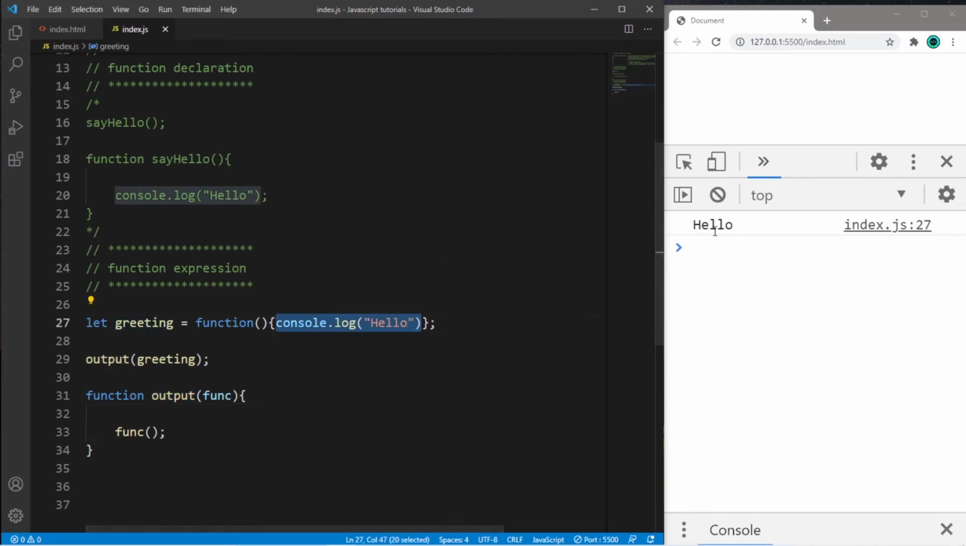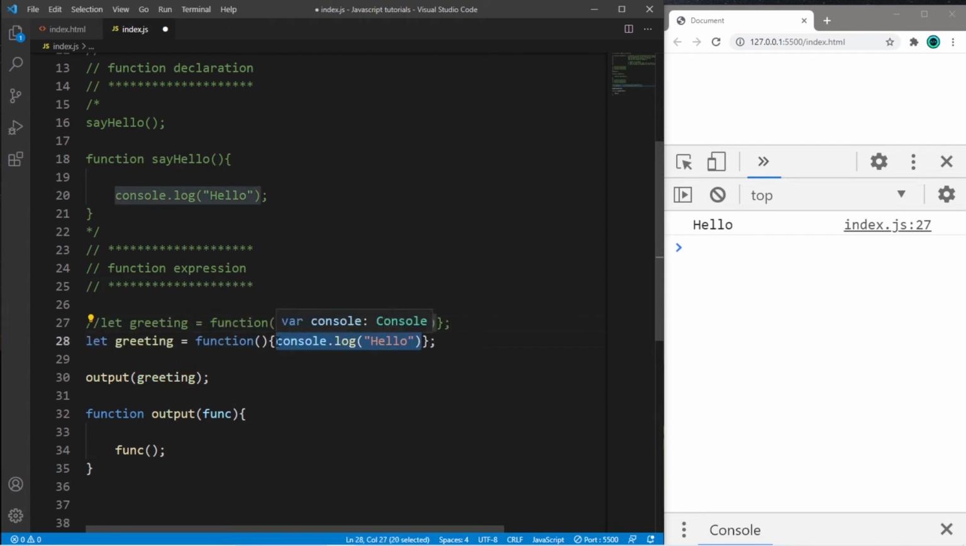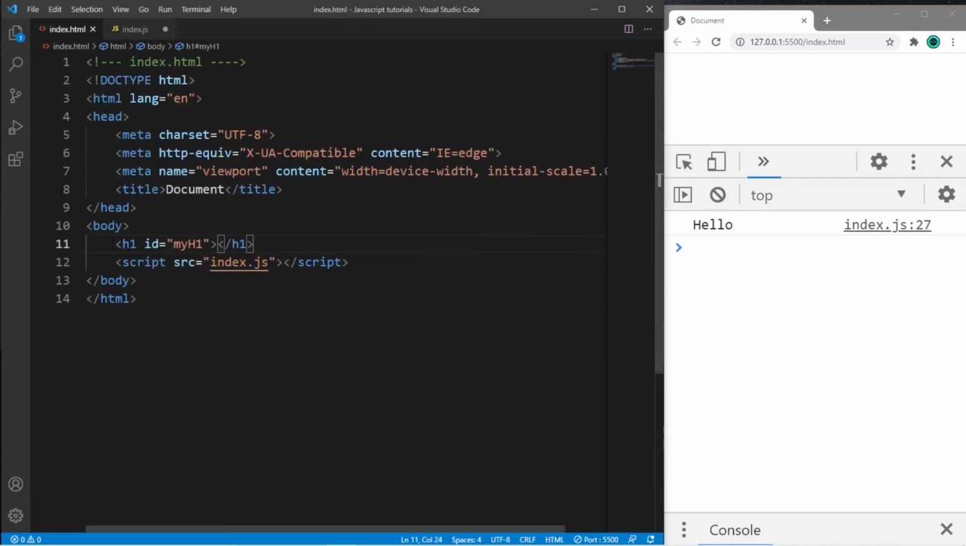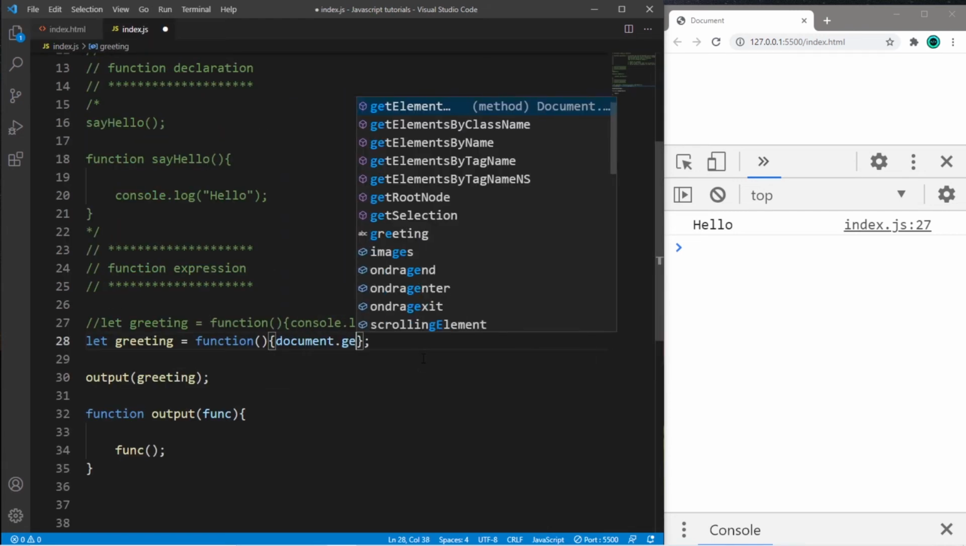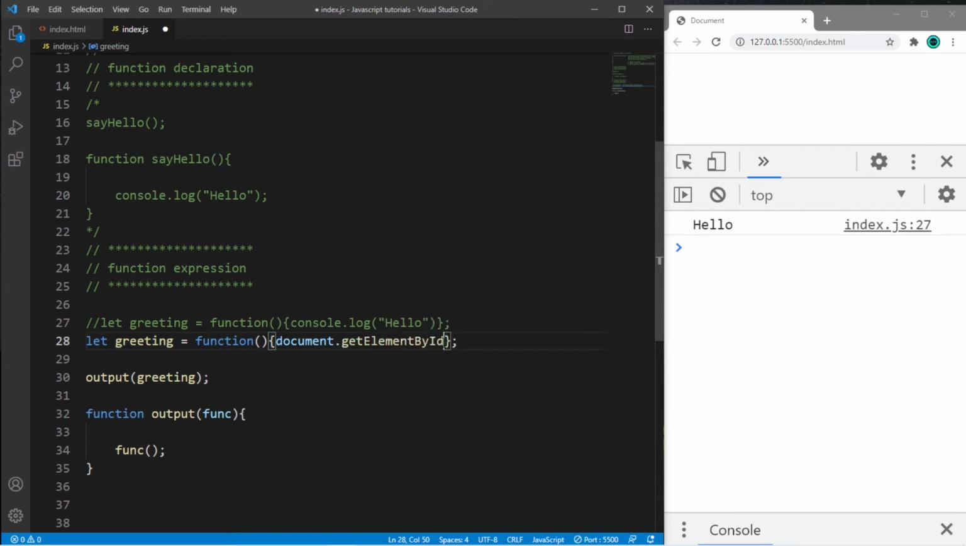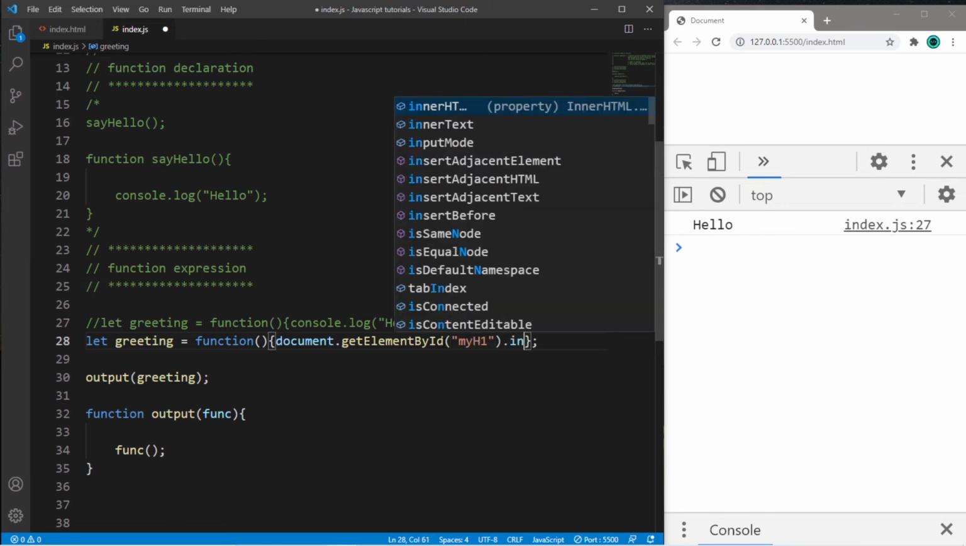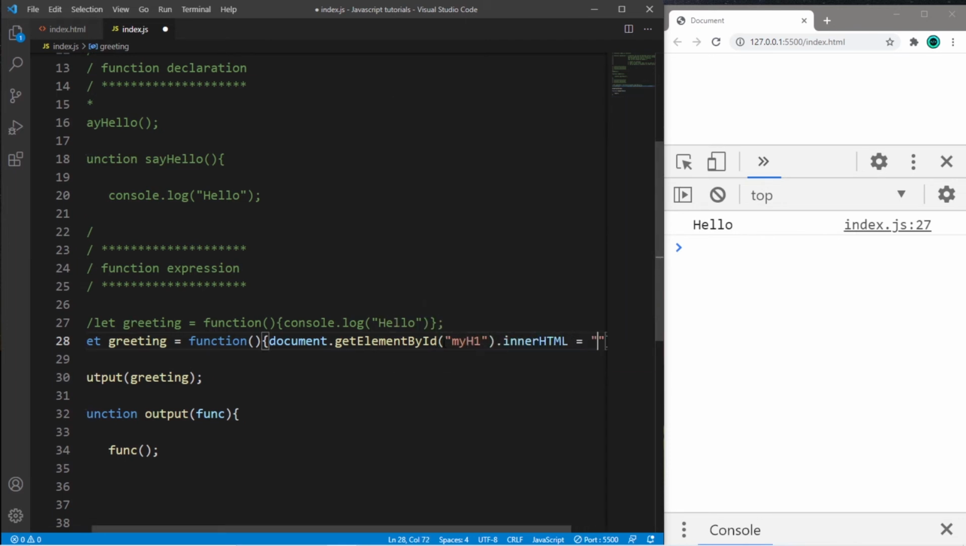Instead of displaying a message to our console, let's display a message to our website. So we can write something like this. So let me copy what we have here. Then we're going to change the text of an h1 header tag. So add this line, h1 id equals my h1, and then close it. So we are going to target this element by ID. So within our function, we'll write document.getElementById, list the ID within parentheses, my h1 dot innerHTML equals the word